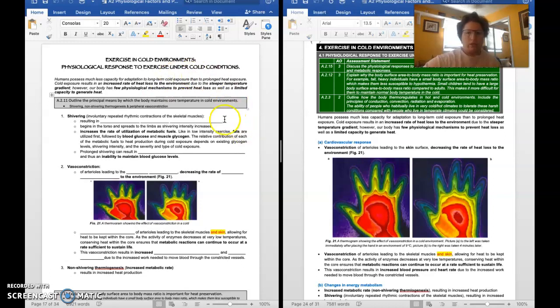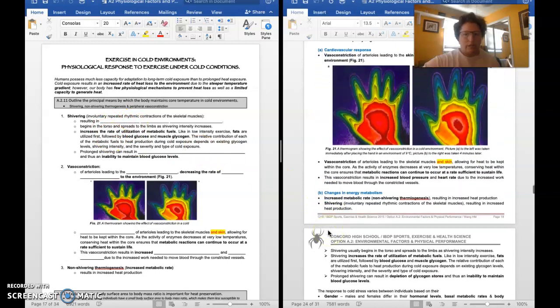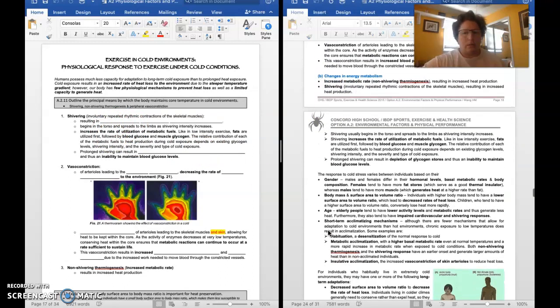heat. So first and foremost, one of the main changes in our energy metabolism is shivering. All right, so what shivering is, it's an involuntary, repeated, rhythmic contraction of the skeletal muscle. It increases heat production. A problem with it is prolonged shivering can result in the depletion of glycogen stores and the inability to maintain our blood glucose levels. So when we shiver for a long period of time, we use a lot of glucose or we use a